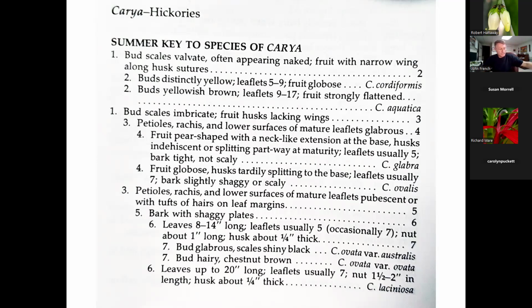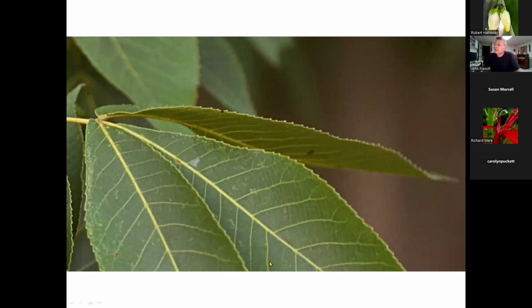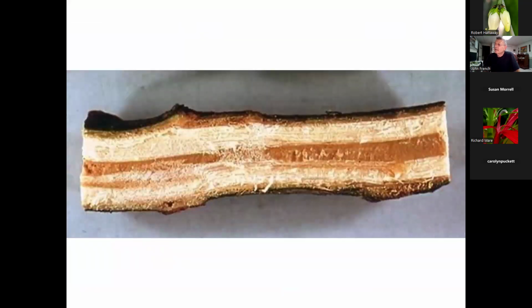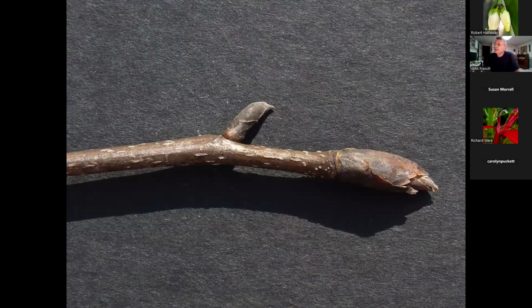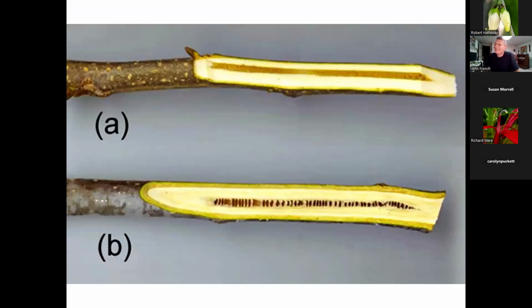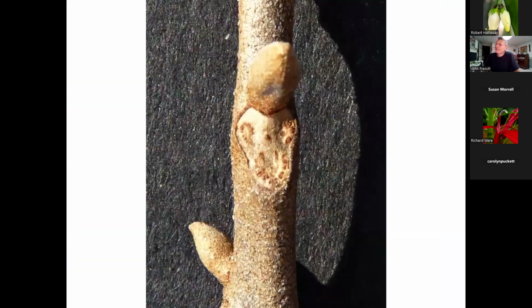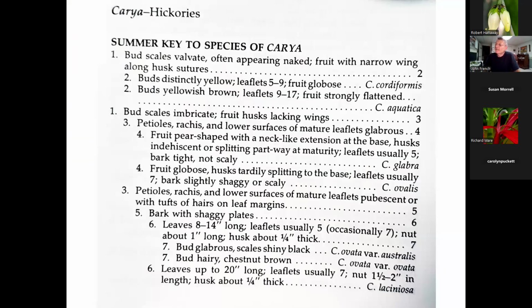Okay, buds glabrous, scales shiny black, or buds hairy, chestnut brown. Bud coming up. There it is. No hairs and a shiny black. If you have to stare, they ain't there. That's right. So in the old books, they call this Carya ovata variety australis, but now it's